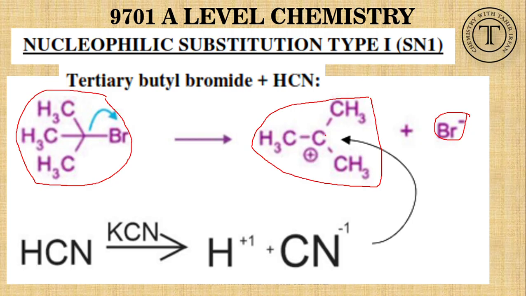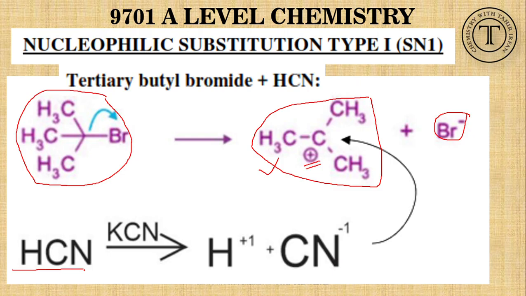Whenever carbon is making less than 4 covalent bonds, there must be a positive charge on that. So this particular organic species is called a carbocation. So you can see in the first step a stable carbocation is formed, and in the next step you see